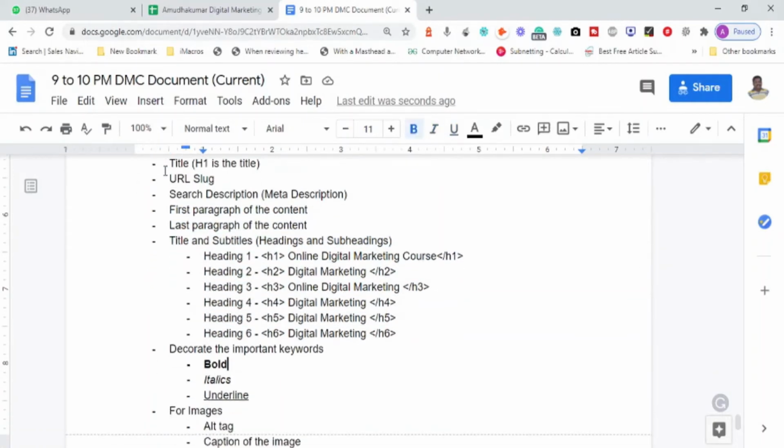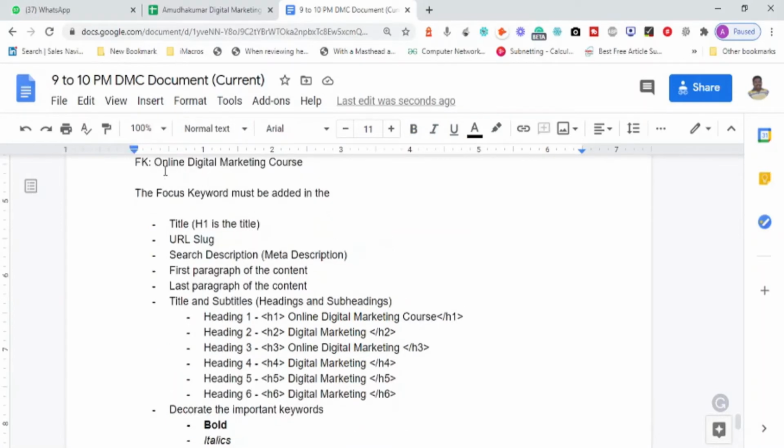Now if you look into all these things, there will be a relevancy. If your keyword is added in the title, and you add the same keyword in the last paragraph of your content, which means from the start of the content to the end you are discussing the same information, that is the confirmation. If the keyword is not added at the bottom, which means you are trying to refer to different content, you are deviating from the main topic.